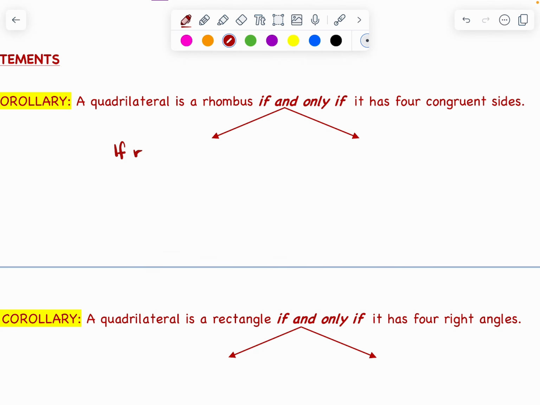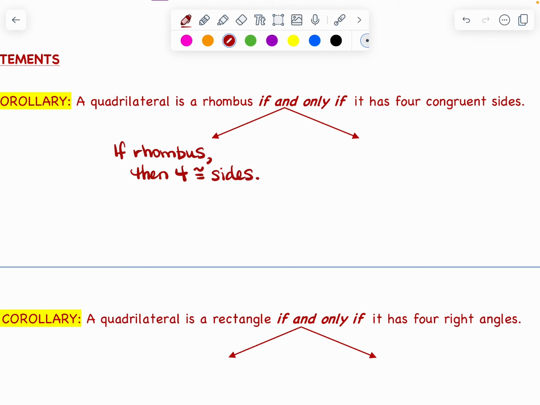If I write it forwards, it would be if rhombus. Unfortunately, I really don't want you trying to draw a rhombus. Parallelograms are really the only ones that you should be drawing. If it's a rhombus, a square, or a rectangle, you need to actually write the word out because no one would be able to tell the difference between them. So if rhombus, then four congruent sides,